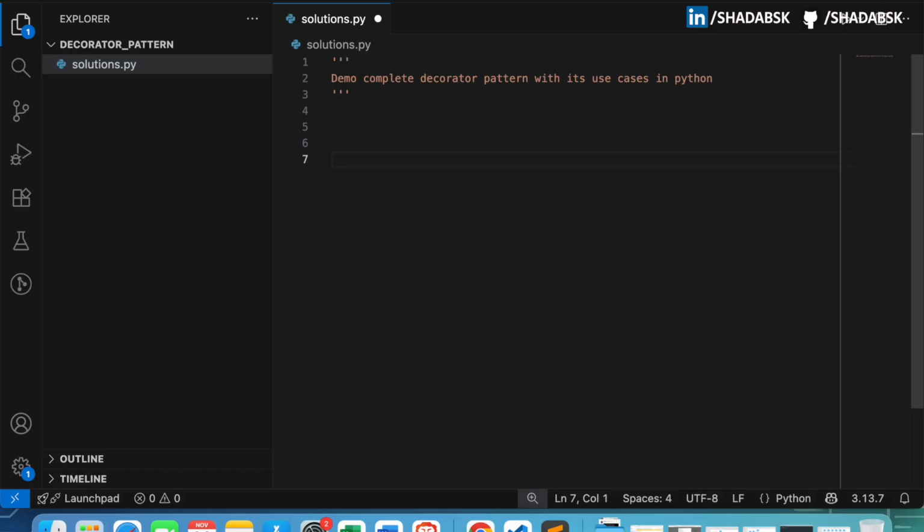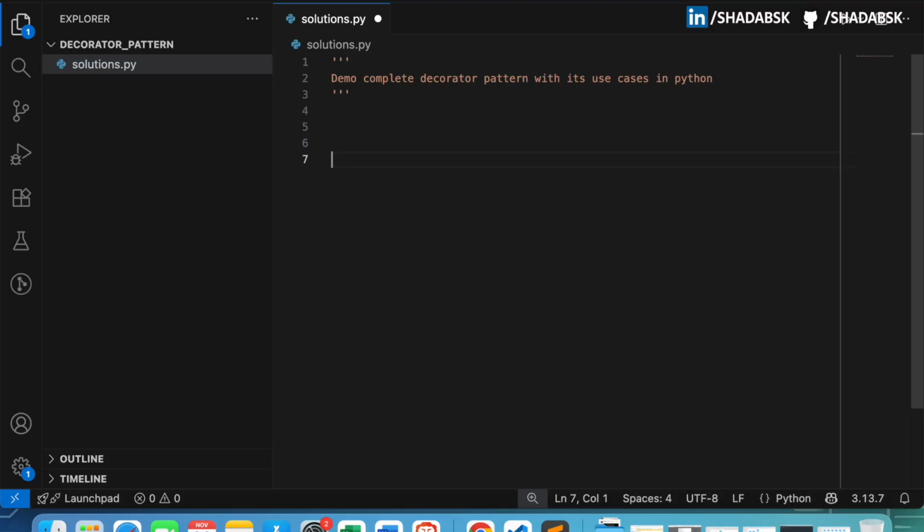Just a quick explanation. What is expected from you? That you should start explaining a decorator pattern with certain keywords. So a decorator is a kind of design pattern in Python, which we utilize to enhance an existing functionality of a particular function or a particular block scope. By that, what we mean,